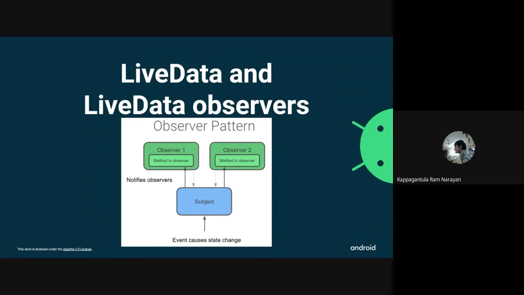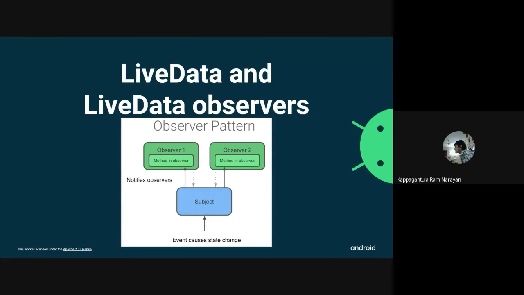Therefore, when you're setting up observers that affect the fragments views, you should set up the observers in your onCreateView method, and then you have to pass lifecycle owners to the observers. That is, let's say you have, we looked at your score data. We looked at score, right? Now, what your score should do is you must wrap that score using an observer class. Now, the way to do that is you will call viewModel.score, because score is in the view model, and then you will call a method called .observe.